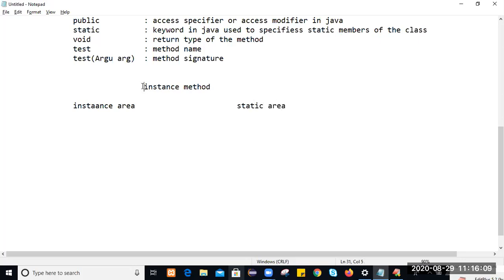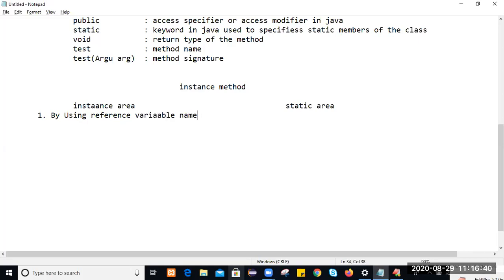So how do we call this instance method from the instance area? First, by using the object reference name, or the reference variable name.